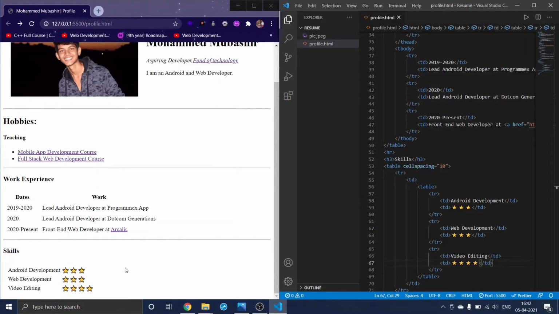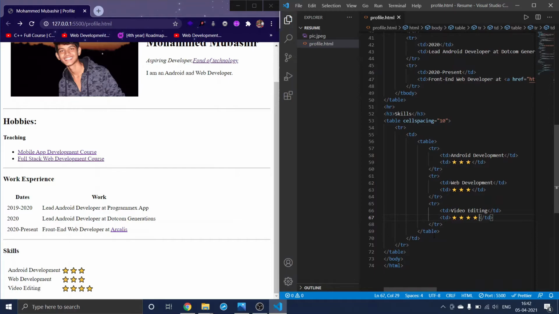And here at the right side of this I need another table, like a column. So what I will do is, we have completed our td, the first td, the main td.